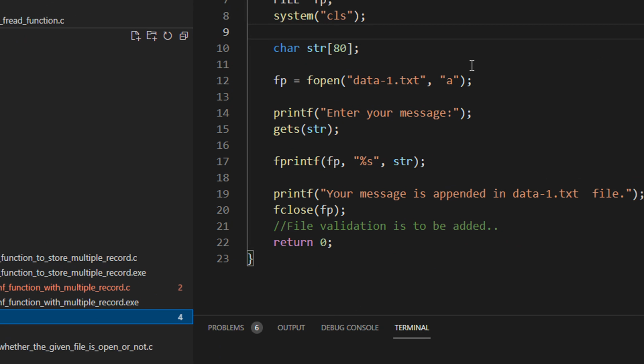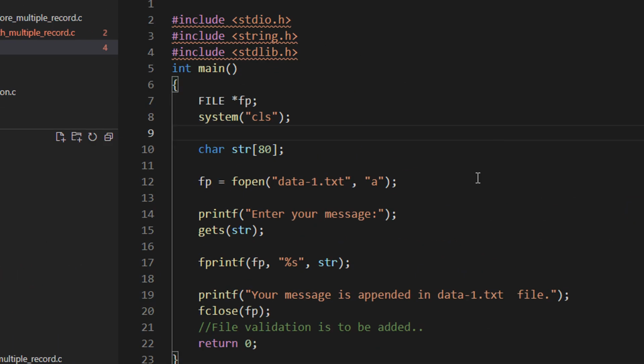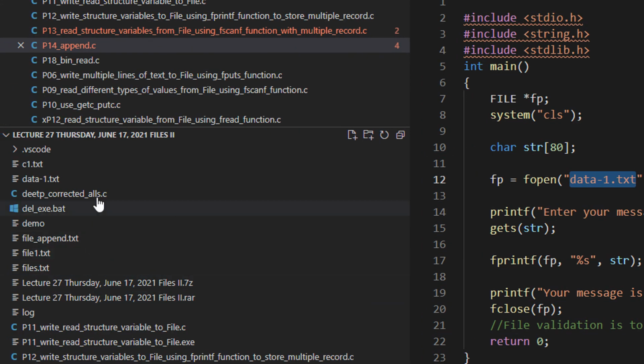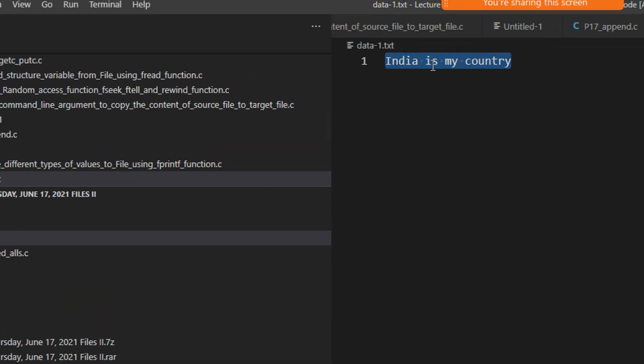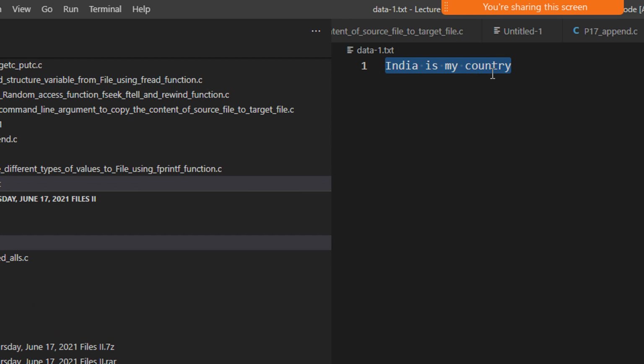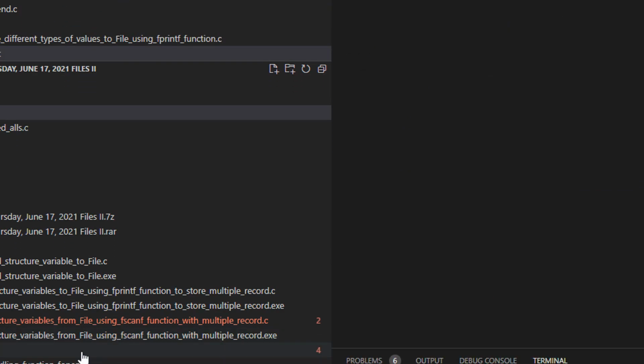Okay, so there is a new mode here, which is known as the append mode, right? In append mode, we use the A mode. As the name says, it will append to the existing file. Append means to add, right? So what happens here? We have a data file here, data1.txt. Data1 basically has content right now saying India is my country. Already the content is there, right?